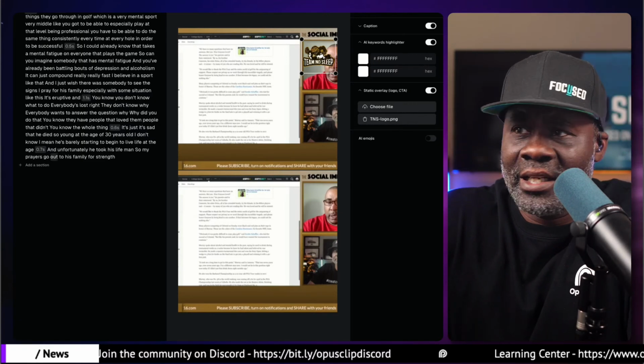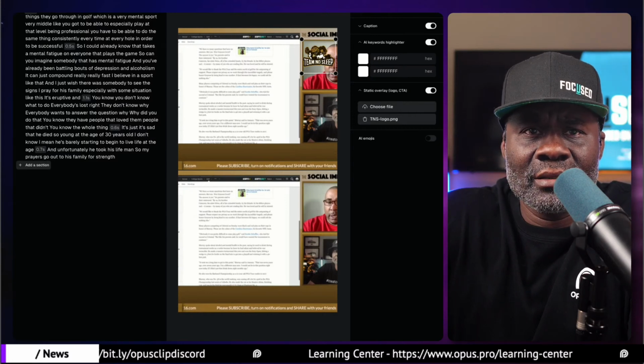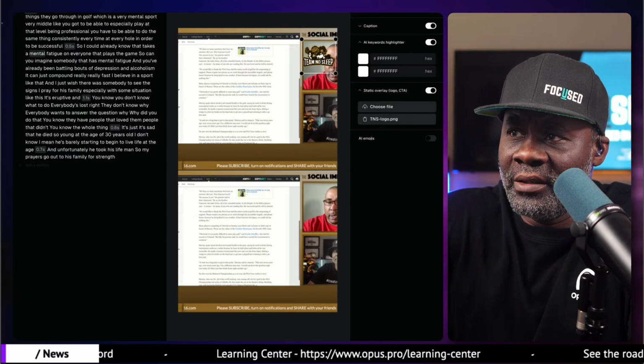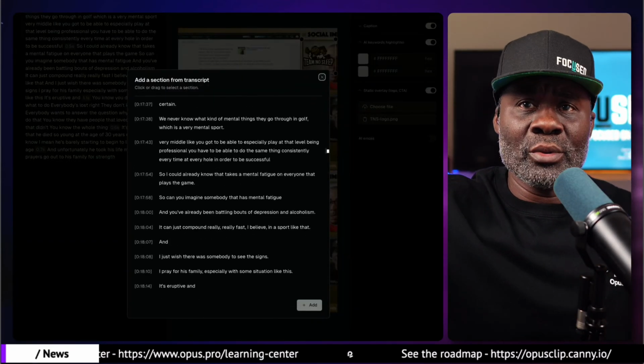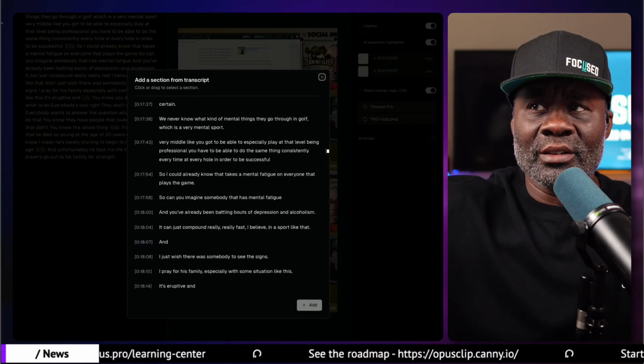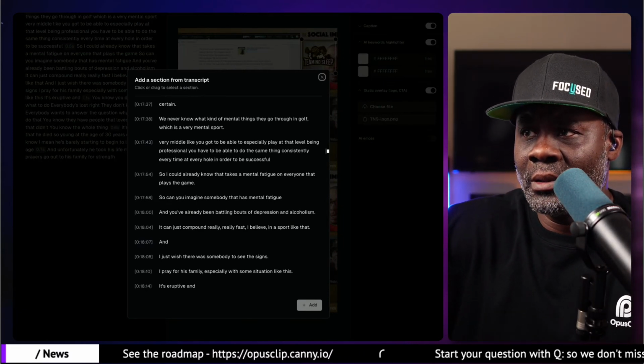So we actually now have the ability to add sections above and below. So say I wanted to add something outside of what was already generated for the particular clip here, I can click on the add section prompt right there.